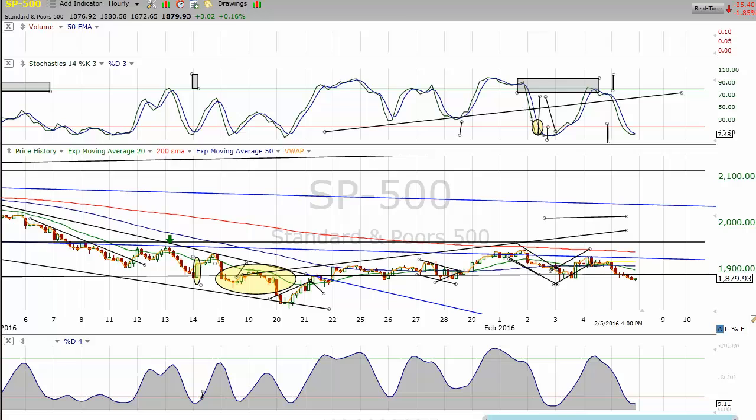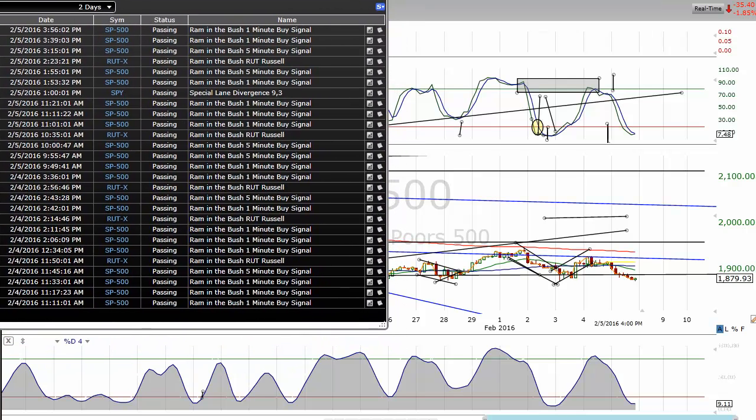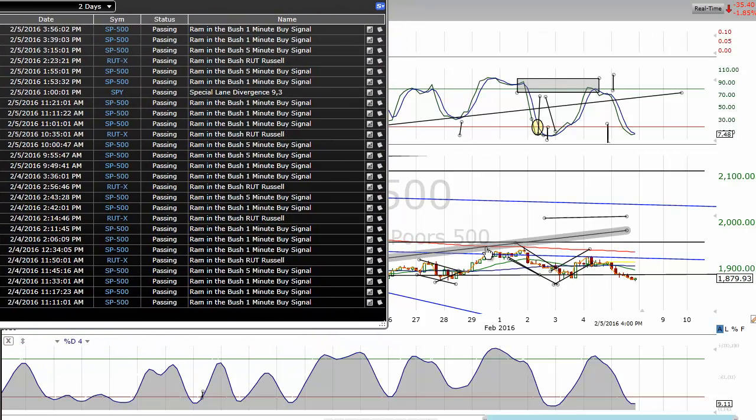Now, these are the recent alerts. If you're not familiar, the RamBot is a signal, a condition in the market that alerts me that I probably want to trade. I have it signaled off of the S&P or the E-mini futures, but we could put a signal on anything. It's based off our lane divergence methodology, and it's a fantastic way of identifying these things.